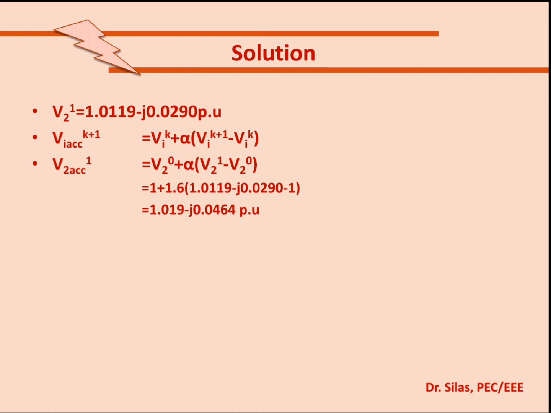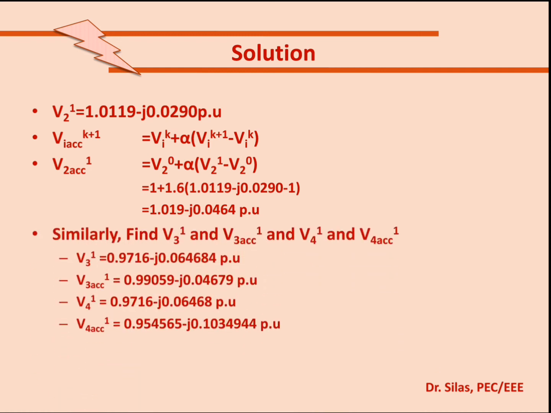The next step is we have to determine the voltages the same way for the third bus and the fourth bus. In the case of the third bus, in the voltage equation you have to substitute i is equal to 3 and k is equal to 0. Similarly, to determine the voltage for the fourth bus, you have to substitute i is equal to 4 and k is equal to 0, by which you will be able to get the voltages of the third bus as well as the fourth bus in the same manner as we determined for the second bus.